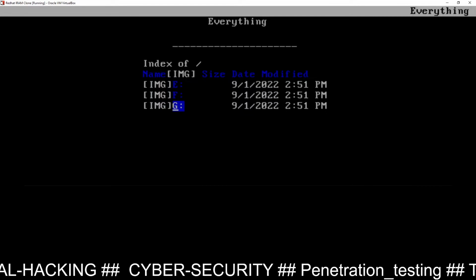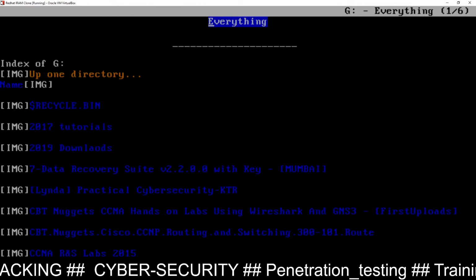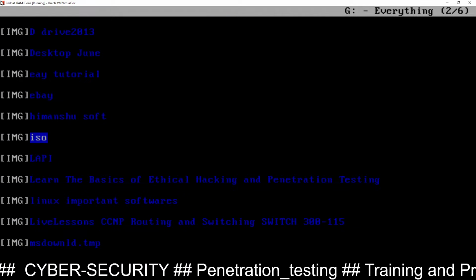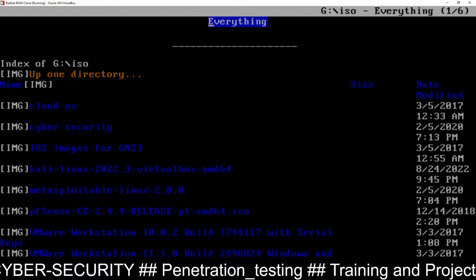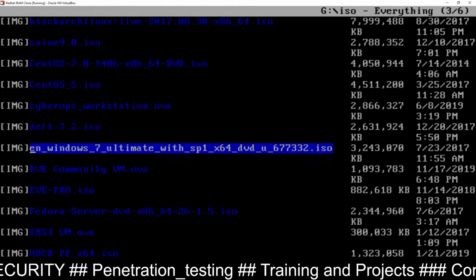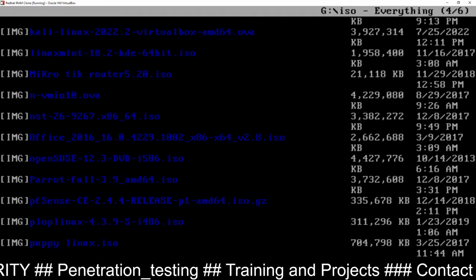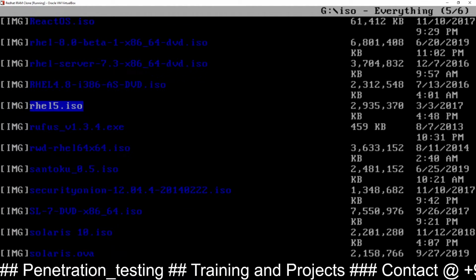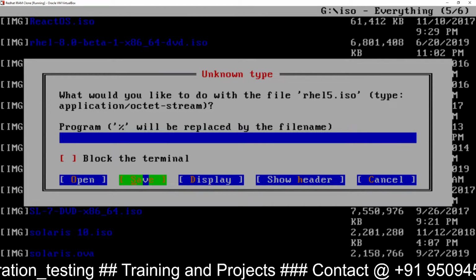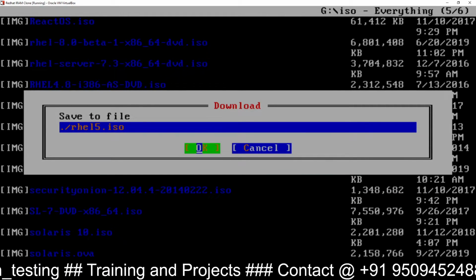Just using the arrow keys, I go inside the G drive and press enter. If I want to go inside any folder, I can. Suppose I want to go inside the ISO folder, I go inside the ISO folder. From here, if I want to download some file, like I need the RHEL 5 ISO file, I see this is the file. I just press enter here and then go to Save, then press enter, then go to OK, then press enter,